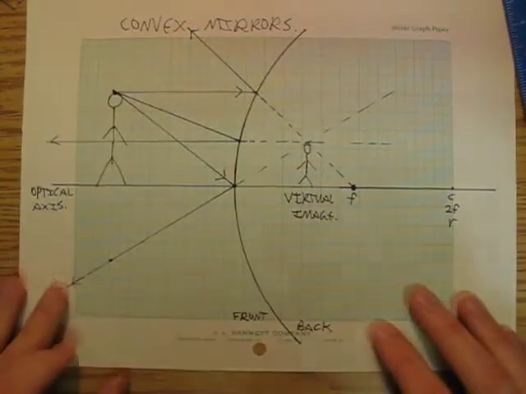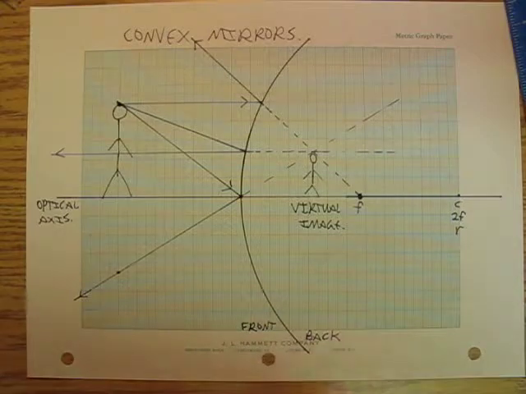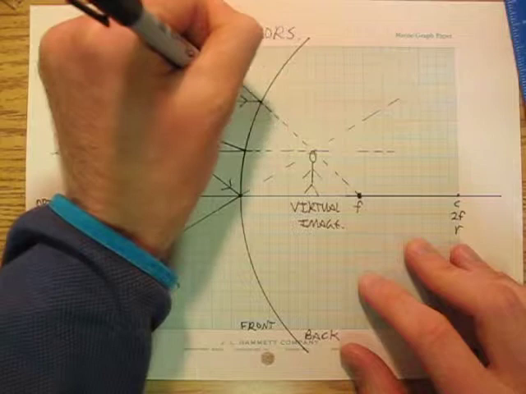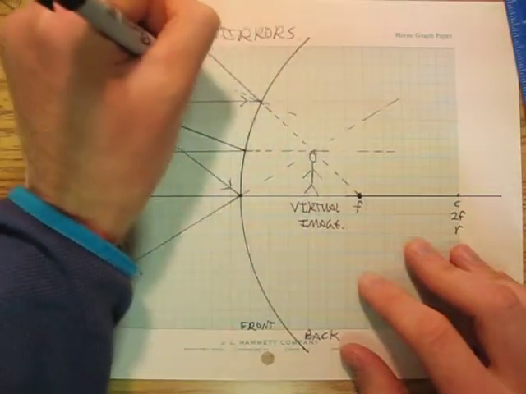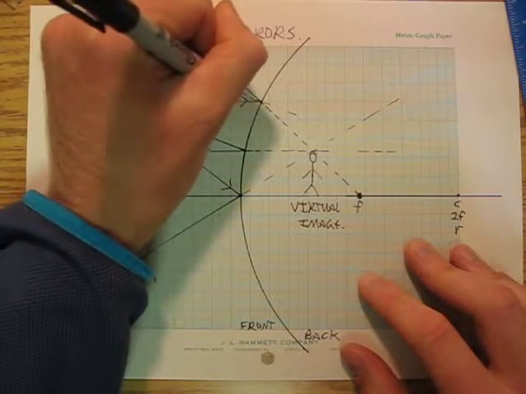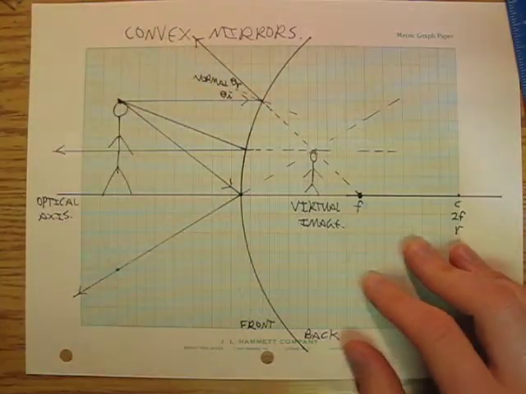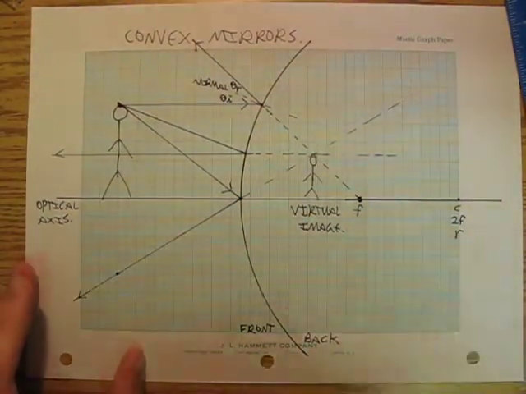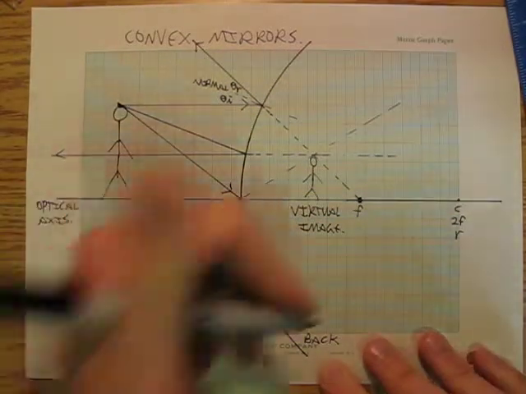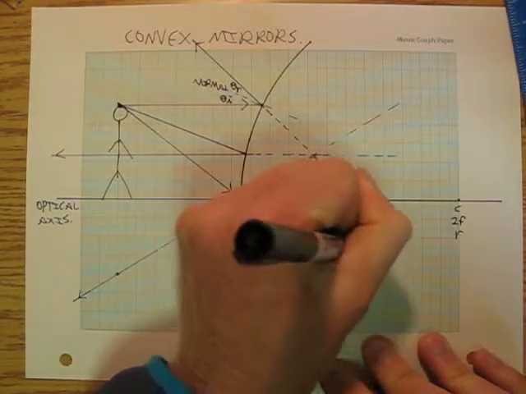But still, coming back to our original idea behind mirrors, the angle of incidence, there's a normal right in here. There's a normal, and we still have theta I is equal to theta R. So the angle of incidence equals angle of reflection. That's still happening. Okay, so now we have 1 over I is equal to 1 over F minus 1 over